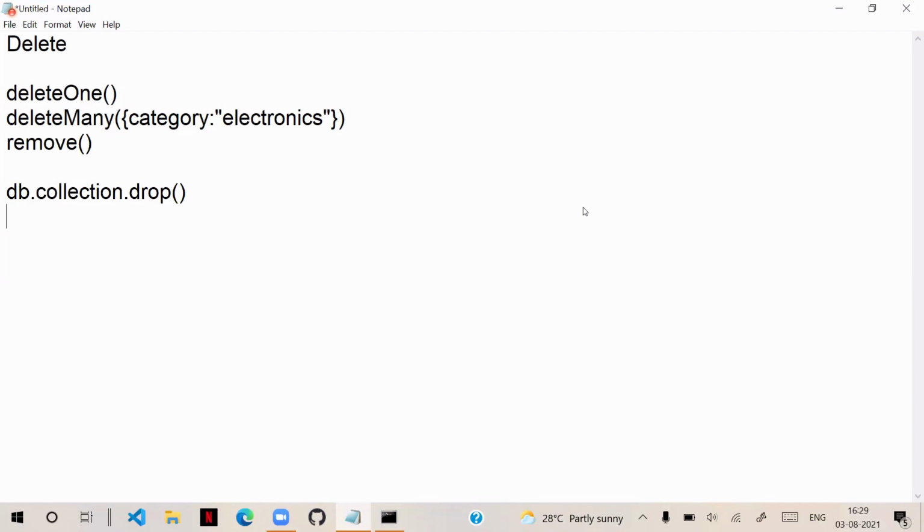And you can remove the database by using db.dropDatabase. That's the command we need to configure. This is the basic thing we need to understand, how we can manage and work with the databases.